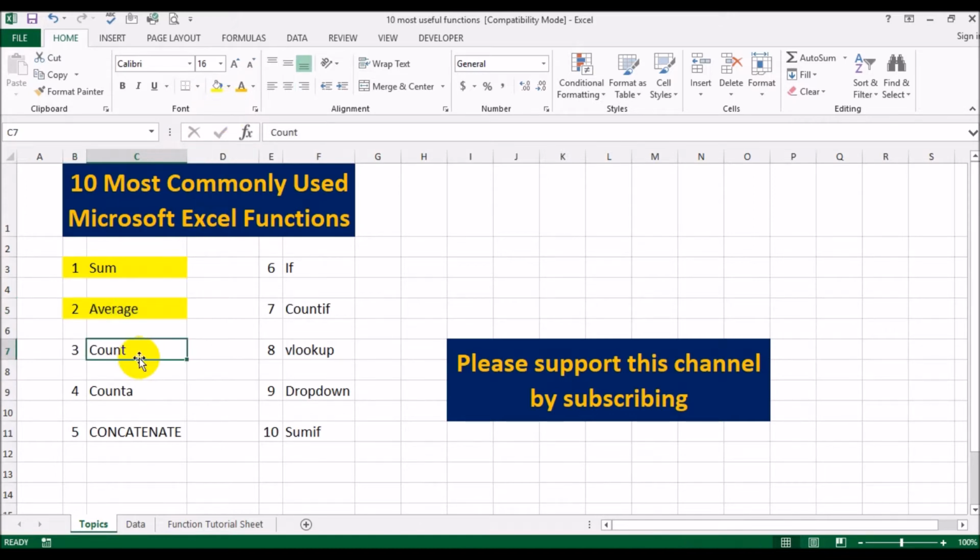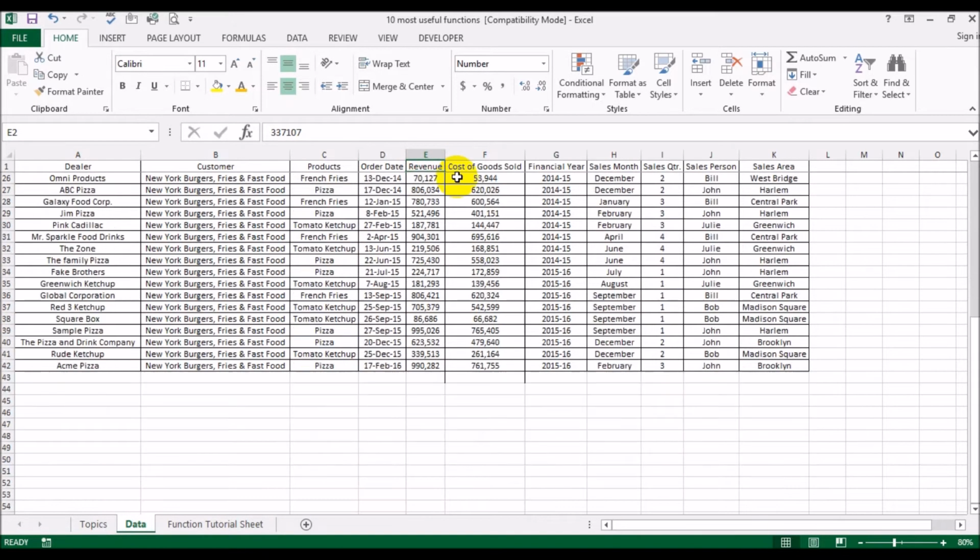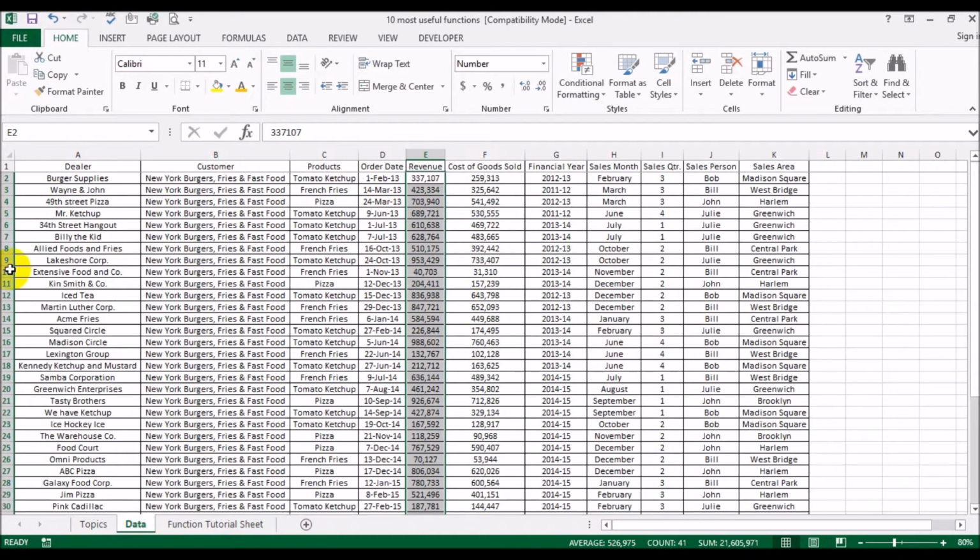Now we've got count. What that does is it's going to count the number of cells that have numbers in them. Okay, so for example, if you want to add up how many entries you have, say for example, we know it's going to be 41, because Excel does the count for me. But if you want to have Excel calculate the number of cells which have numbers like this, the way you do that,